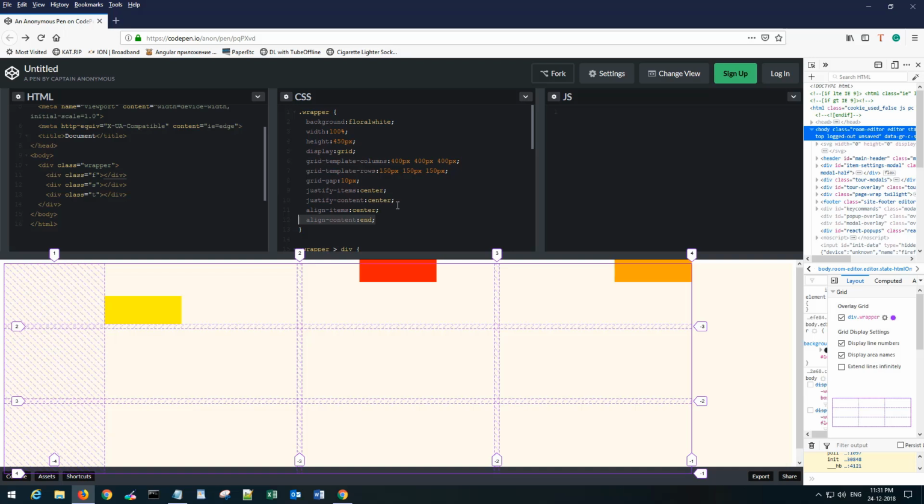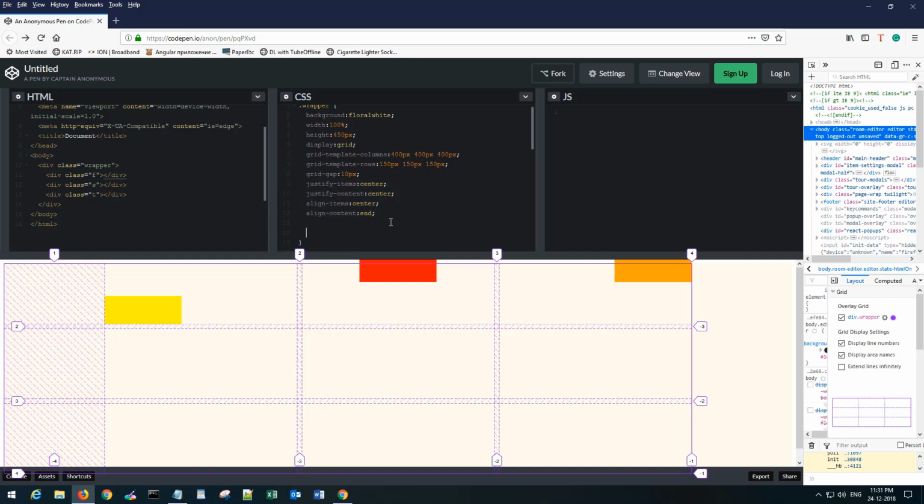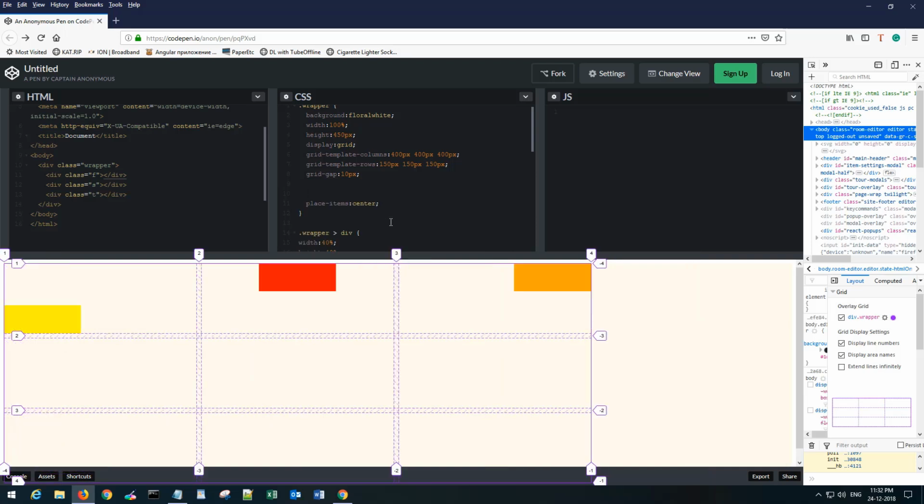Okay, so there are a couple of properties which are basically a shorthand for these two. So if I say place items center and I remove align items and justify items, it will give me the same results. Okay, so if I remove this, you see place items center. Similarly I can have place content center,